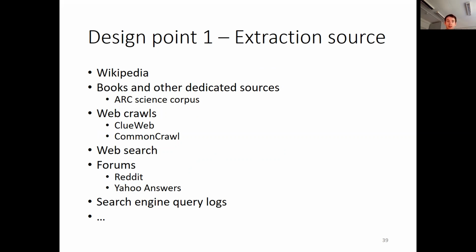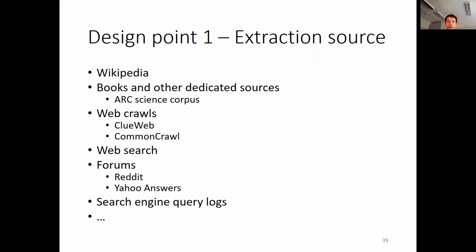Popular sources that have been used there are Wikipedia, very popular because it's high quality, little noise, to some degree a reasonably homogeneous writing style, focusing on general world knowledge, good coverage, and so on. For that reason, quite popular. Other popular sources are books and other dedicated sources. For example, there's the ARC science corpus used a lot by the Allen Institute for AI, which is websites or books dedicated to science knowledge, which again gives high quality